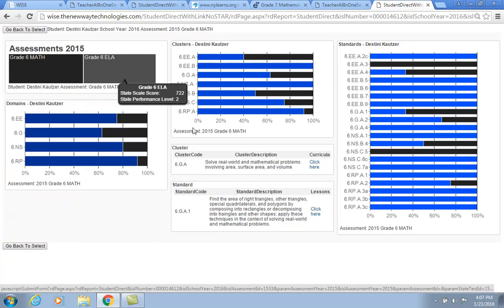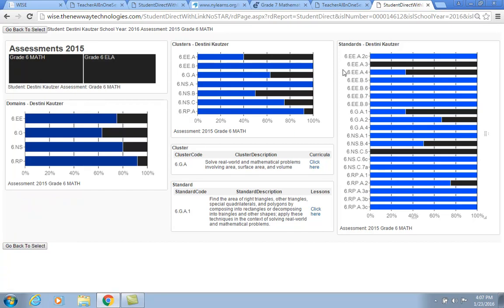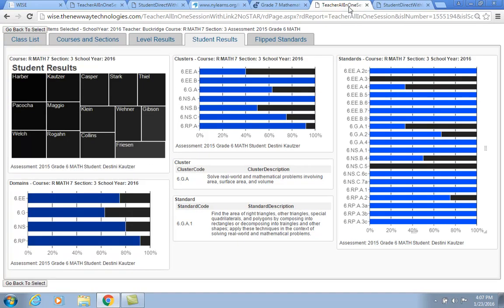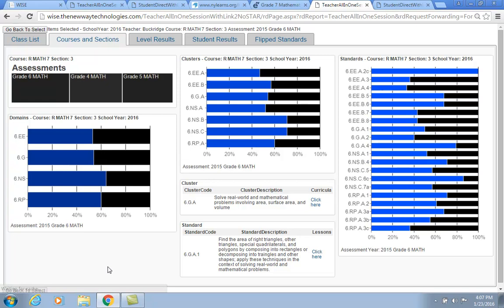Another view that's available for the teacher is to be able to look at the class as a group, so aggregate all the results for that class, and overall as a class I can see how that group of students performed on the prior assessment. Just to be clear, I'm teaching them in 7th grade math, and I want to see how they performed in